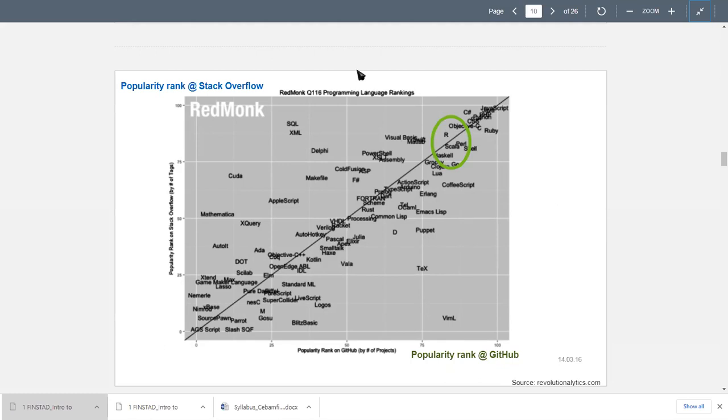You find R up here, where it's very popular among programmers in Stack Overflow, and it's also very popular among programmers in GitHub. So you see that together, this is Python here and R here. So they lock the limelight